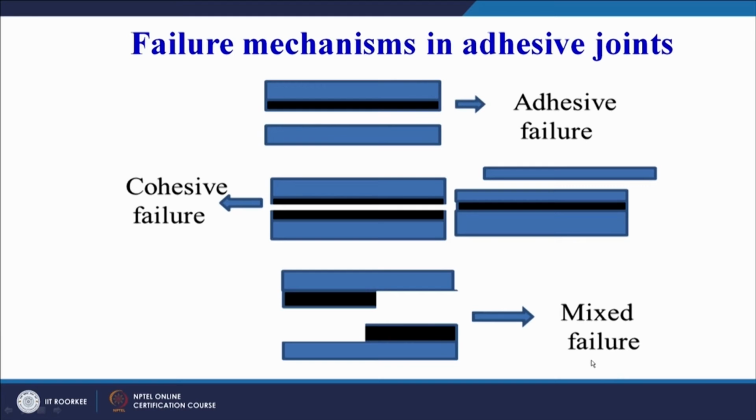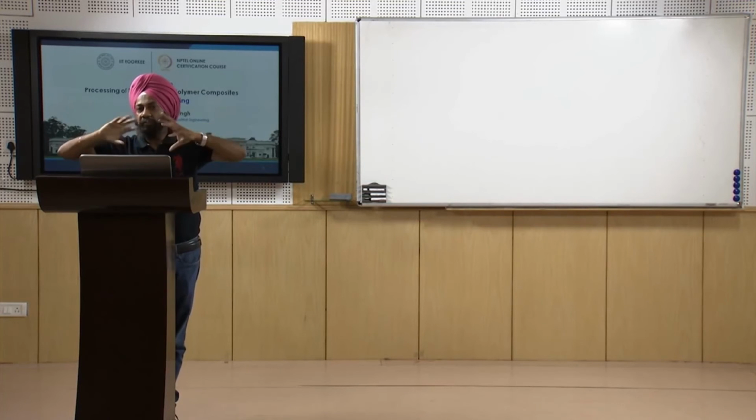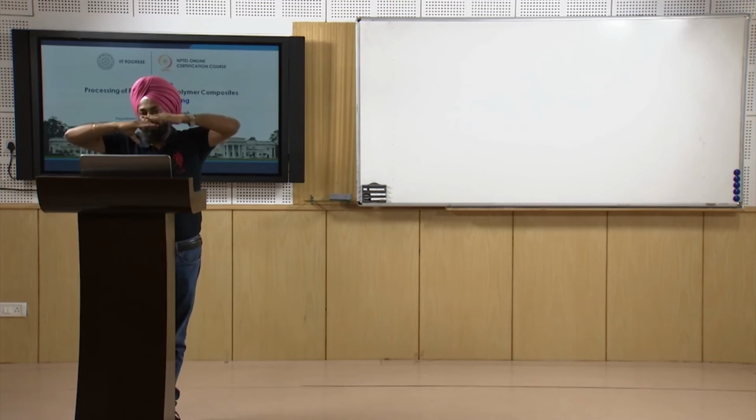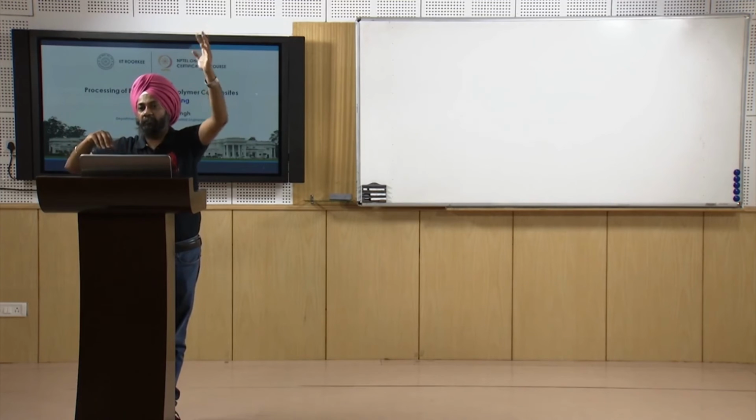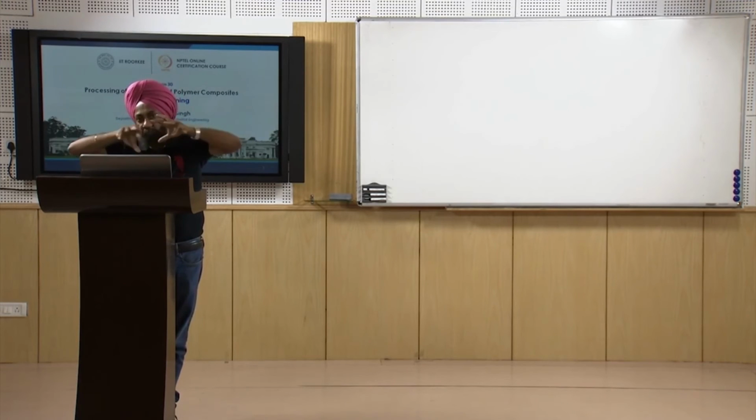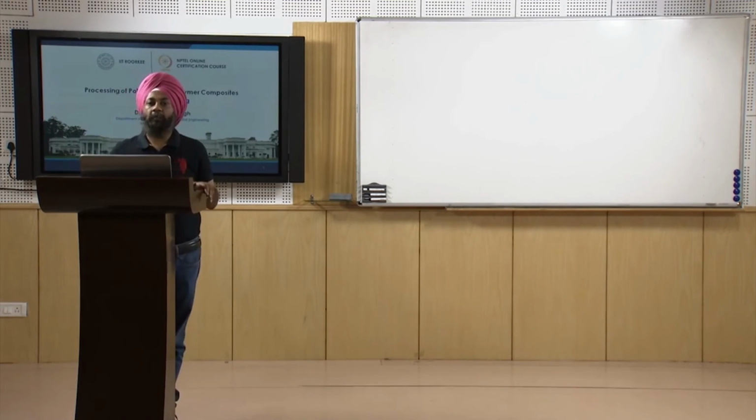So basically, to revise, just in the previous session also I told that in the case of an adhesive joint, three types of failures may happen, which was explained earlier also. The adherent may fail, the joint is intact. That is the laminate that we are using as a raw material for joining. The laminate has failed, in between two layers have delaminated. So that is the failure of the adherent. Then there can be failure of the adhesive, that we have applied a thin layer of the adhesive between the two adherents. The adhesive has failed from in between, or the bulk failure of the adhesive has taken place. And the third type of failure can be the debonding between the adherent and the adhesive.